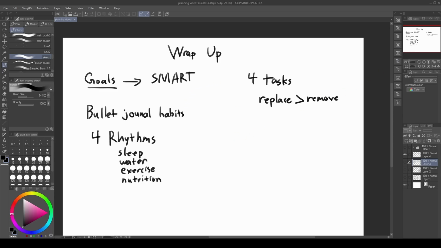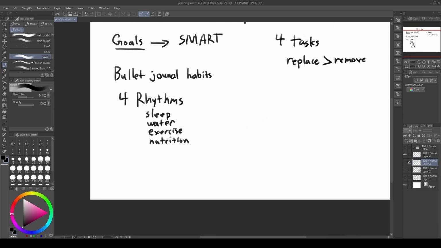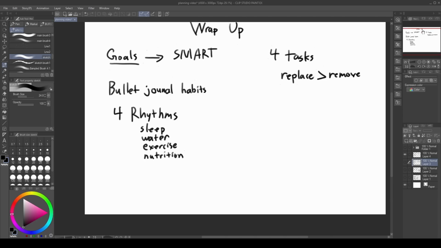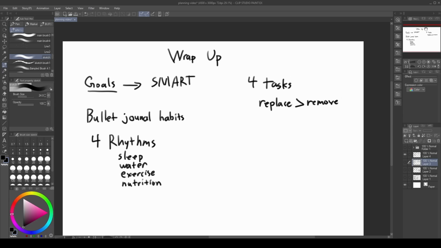So then we've got the 4 rhythms. Sleep, really take care of these. This is one of the first places you can start bullet journaling if you want to start right away. And then remember to analyze your daily stress load. Think of all the tasks you do in the day. Realistically, we want everything to be a 1. If we can't get everything to be a 1, that's still okay. We can plan on getting there one day, or we can even just manage things.